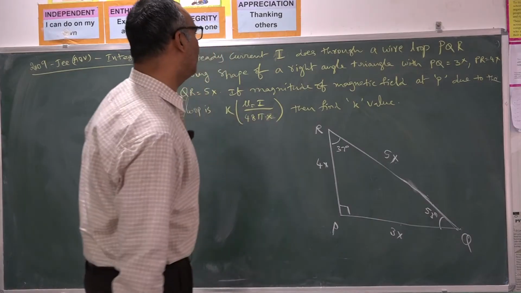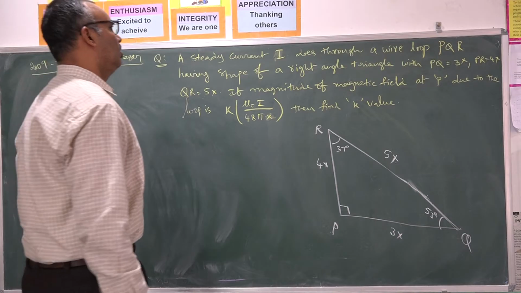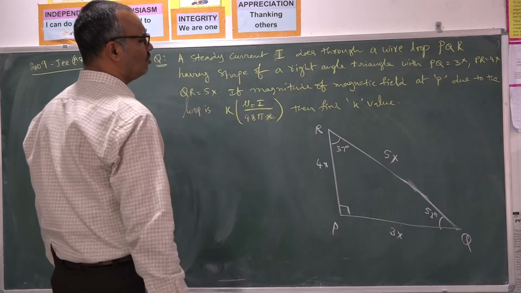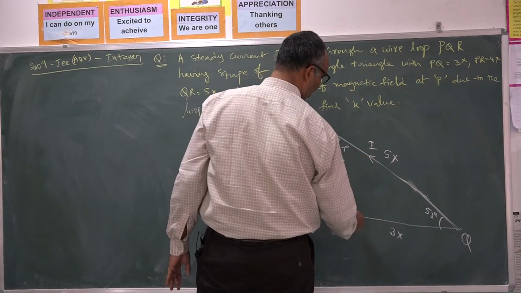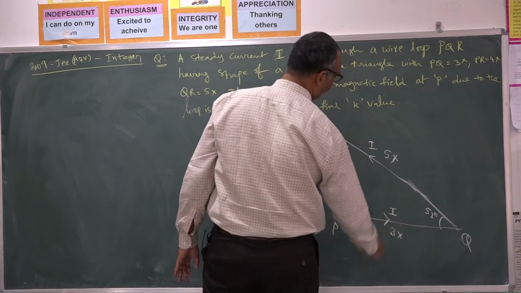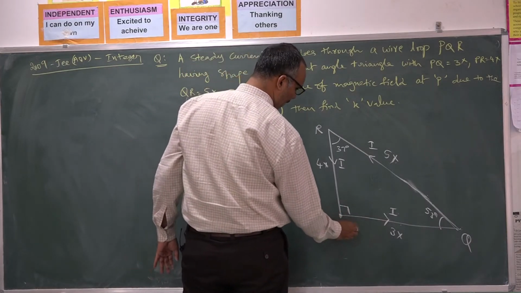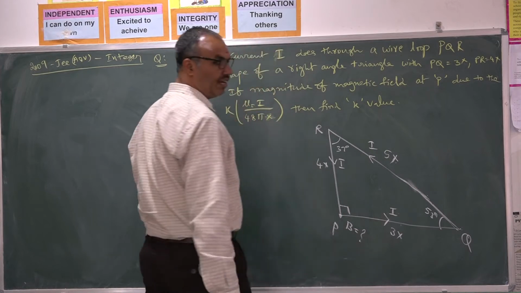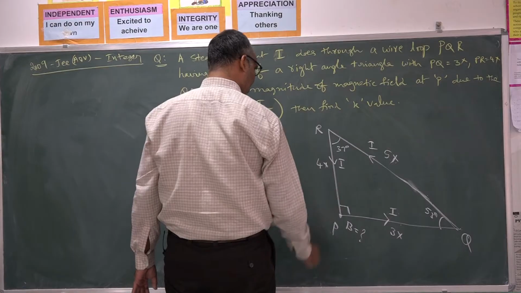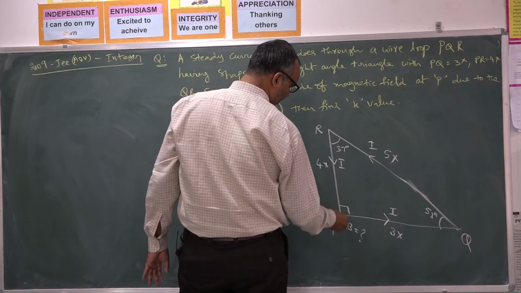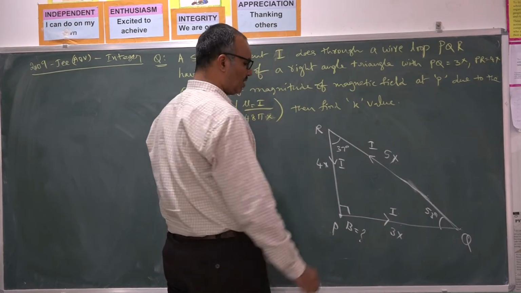The question is the magnitude of the magnetic field. Strength of current passing through the loop is I. Suppose I is the current passing like this, again the same I is passing like this. We are required to find the magnetic field at P. You know that it's a straight wire carrying current. A point on the same line will never possess magnetic field due to the current passing in the same line of wire.